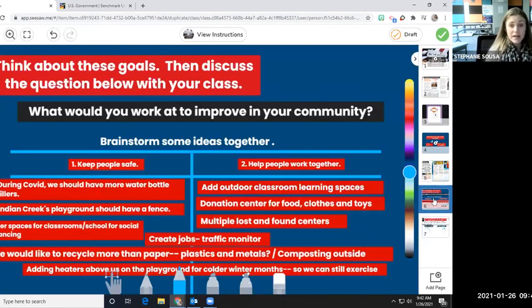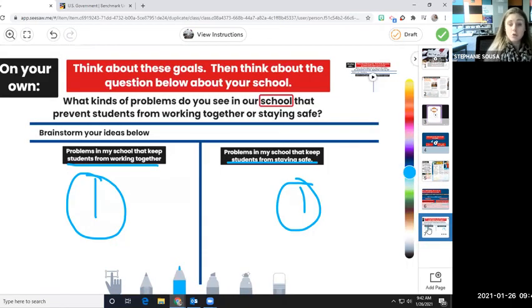It might be from this list. If you shared an idea on this list or if you heard an idea and you thought that's great, then go ahead and use it. If you have a new idea that you didn't get to share, you can put that here. But you're going to put at least one idea you have to help students work together at Indian Creek and one idea you have to help keep students safe at Indian Creek. Okay? So you're going to put down your ideas here.